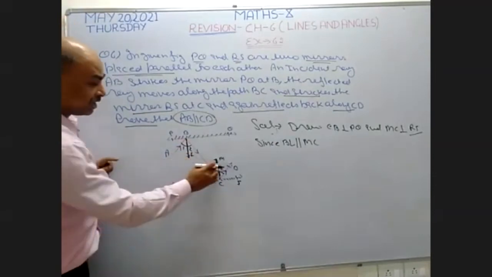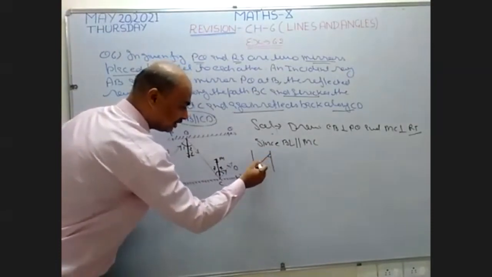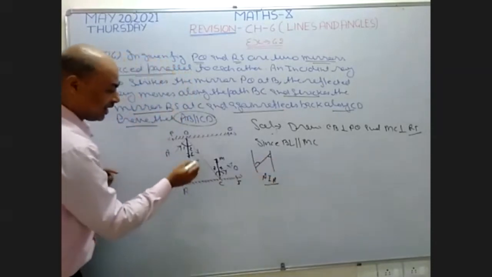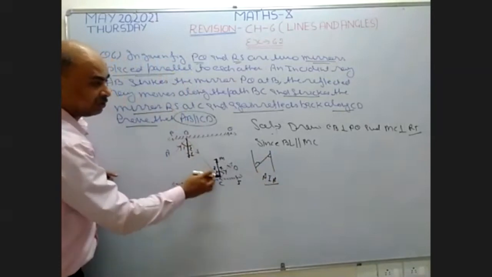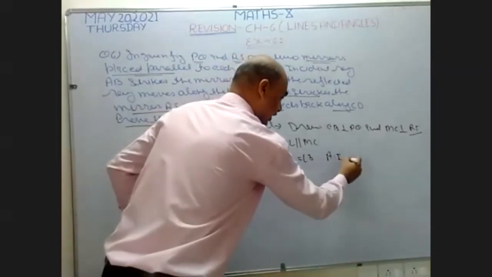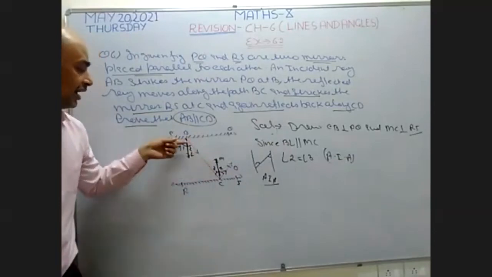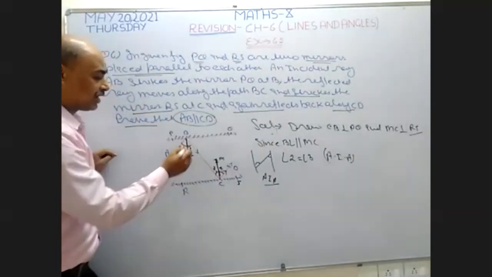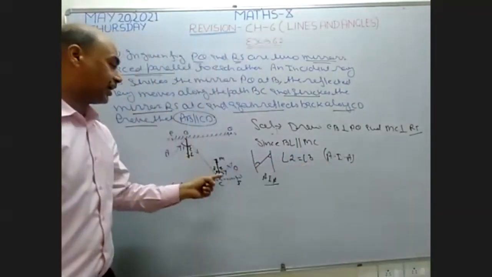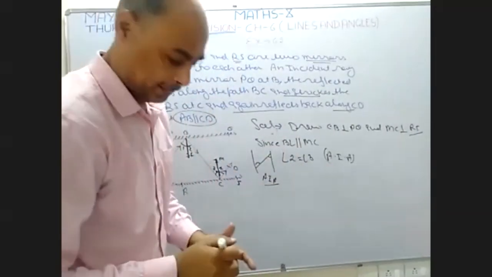Since these two lines are parallel, and you know that when two lines are parallel, these angles are known as alternate interior angles. Using the same property, angle number 2 and angle number 3 become equal. I write here angle 2 equal to angle 3. Reason: alternate interior angles. Why do I write angle 2 equal to angle 3? Since these two lines are parallel, and between two parallel lines, if one angle is on the left side and another angle is on the right side, they are known as alternate interior angles. So both are equal because they are alternate interior angles. Okay, beta, clear?